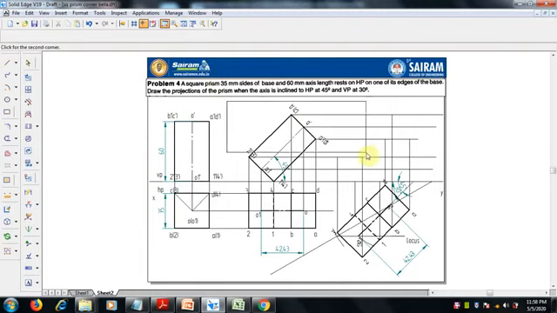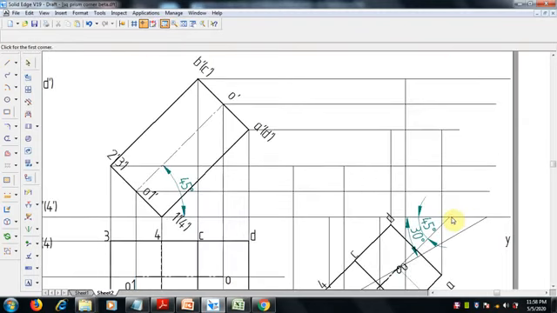If it is not convenient, make it zoom, no issues. Draw the end of C with C. If it is not coming straight, draw vertically above the line, and then go for the trim command. Select the trim command, it will be trimmed. So the lines will be like this.